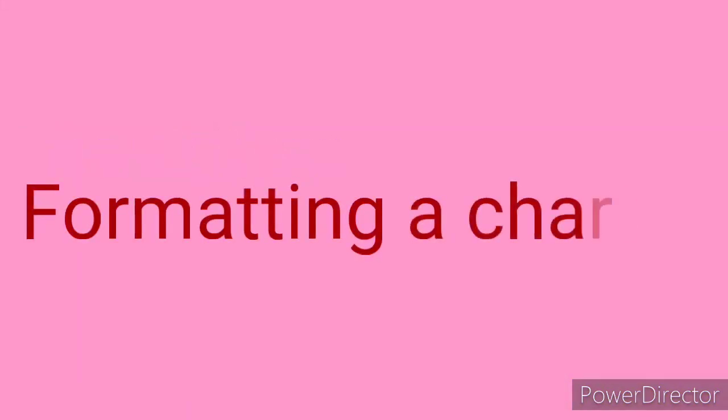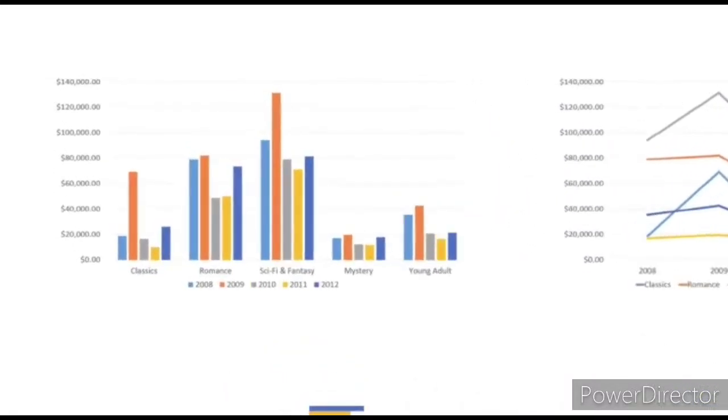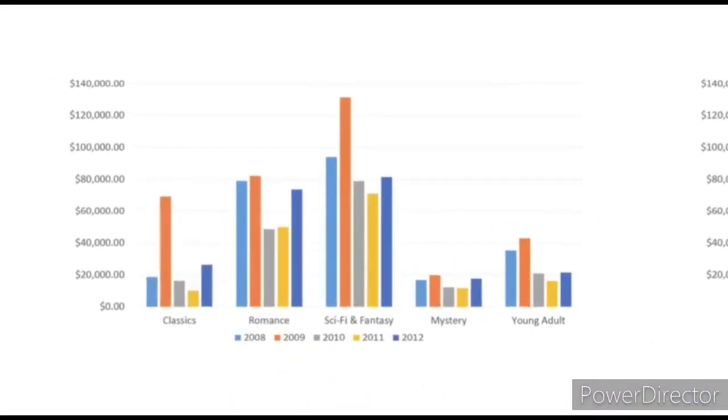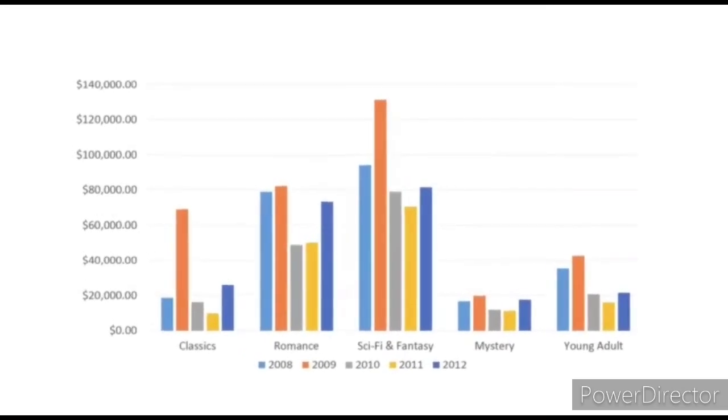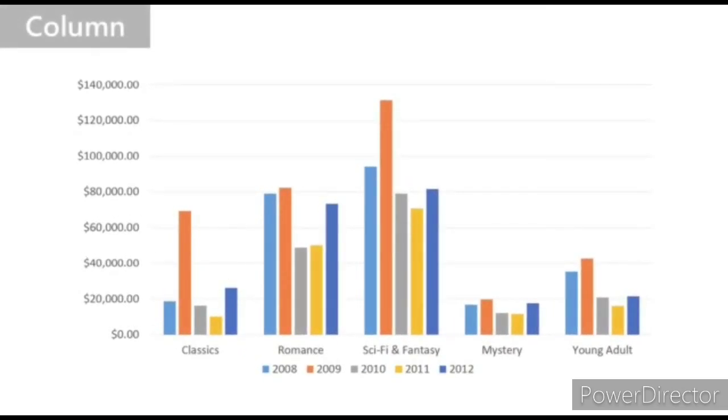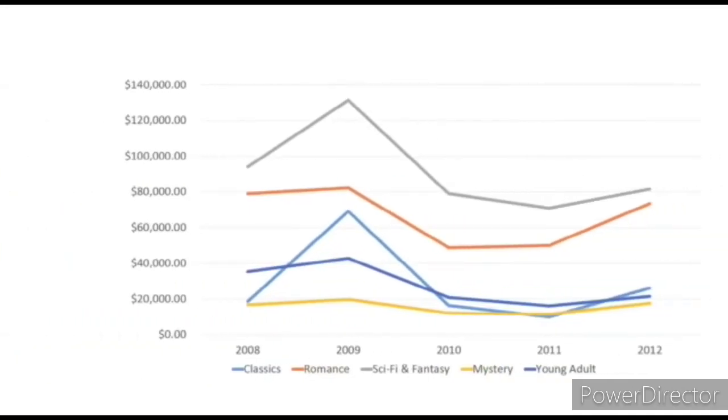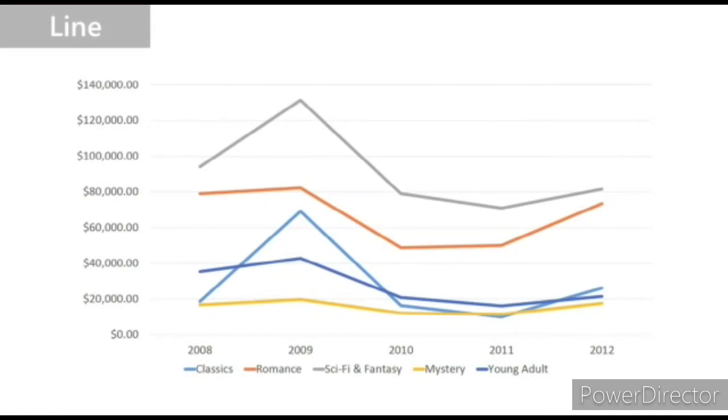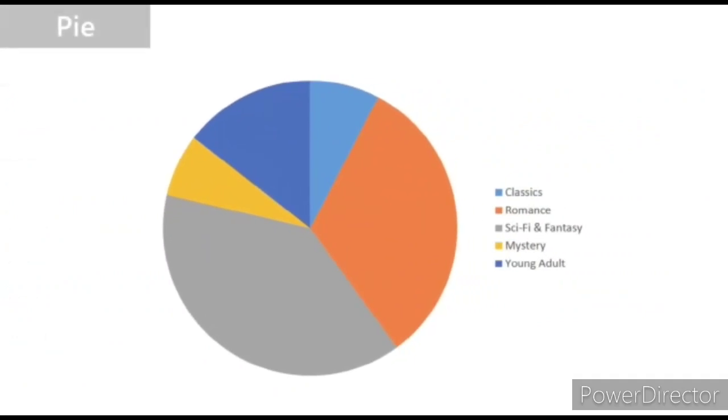There are different types of charts in PowerPoint such as line chart, pie chart, bar chart, surface chart, column chart, area chart, etc. Now the column charts. The column charts are used for comparing information and represent data using vertical bars, whereas the line chart connects data points with a line and is used to show trends. Pie charts are used to compare proportions. Each value is represented as a slice of a pie.